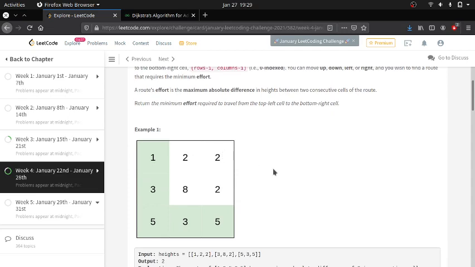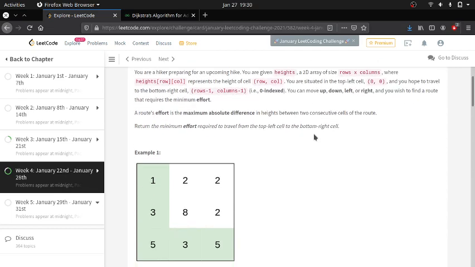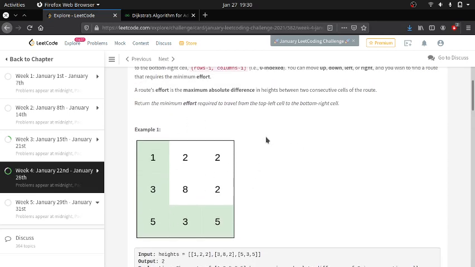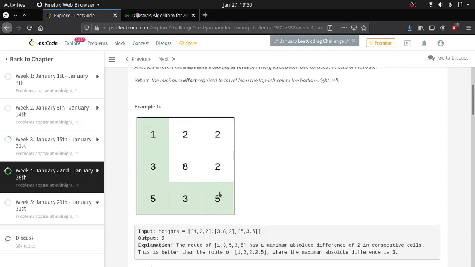This is an adjacency matrix. Okay, these are the heights, let us say, of some mountains or some buildings, whatever it might be, some heights given. Okay, we have to find the minimum effort from the (0, 0) element to the last corner element, that is (rows-1, columns-1). So we have to go from the (0, 0) corner to the last bottom right corner with minimum effort.